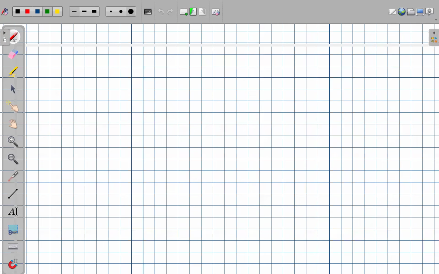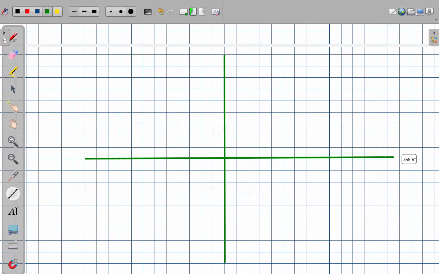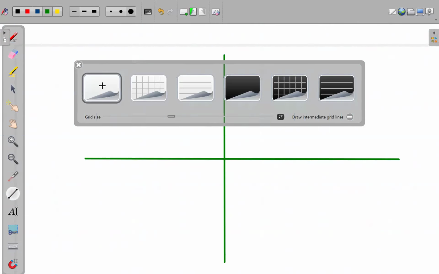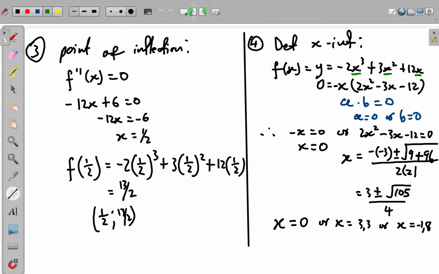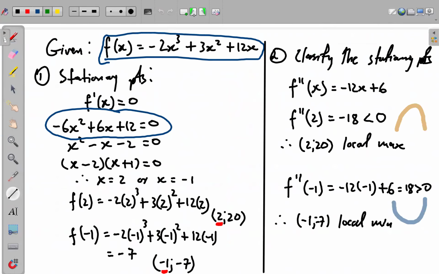Okay, cool. So I'm going to just randomly set up a grid here, the Cartesian plane. It's not going to be drawn to scale, because as you can see, I don't have enough space here. If you notice our local max, for example, the y value is a 20. So I'm not going to be able to get that on the